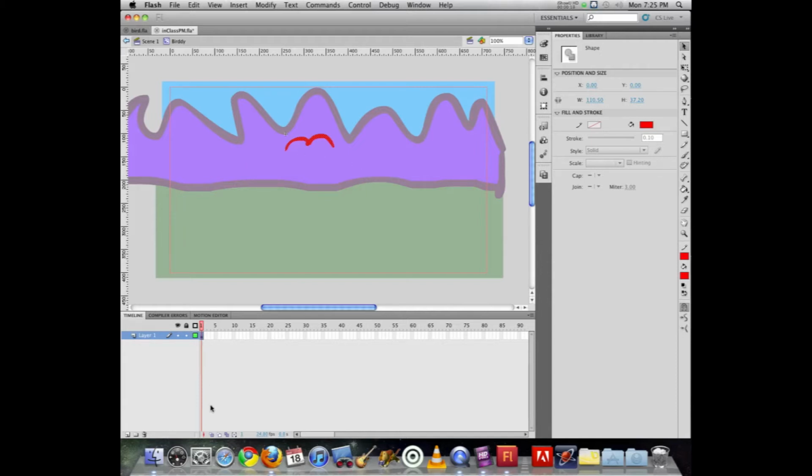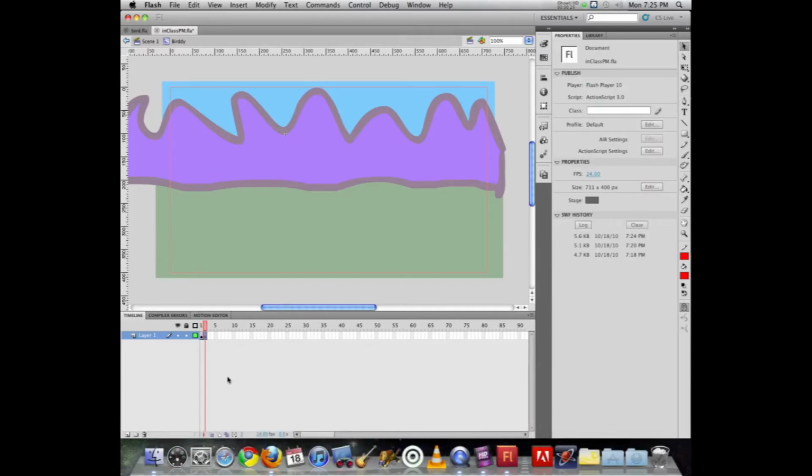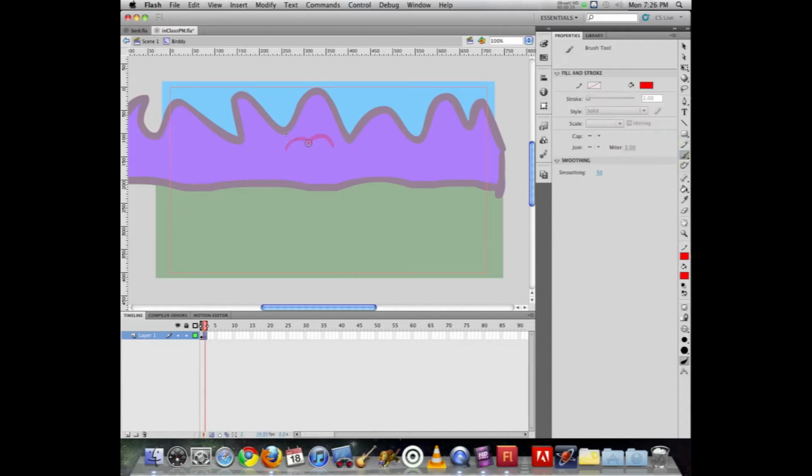So I've inserted one frame for my bird. I'm going to hit F7 to do the next frame of my animation. You can see my bird disappeared, but I can always bring that back using onion skinning. So I click on that down at the bottom, and that shows me the previous frame. Now I can go back to my brush, and I can pull the wings up, hit F7 again,